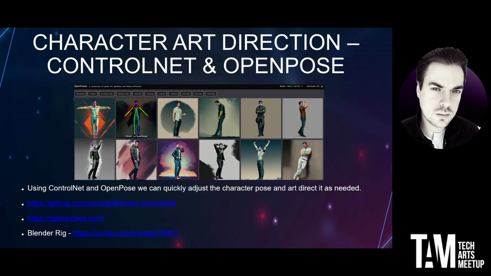So we can actually put something in and control what the AI pose is kicking out the other end. Especially for character sheets and so forth, we can start to get something consistent, something we want. It's not an arbitrary three-quarter view. It's something in a pose that we actually want to take a look at.